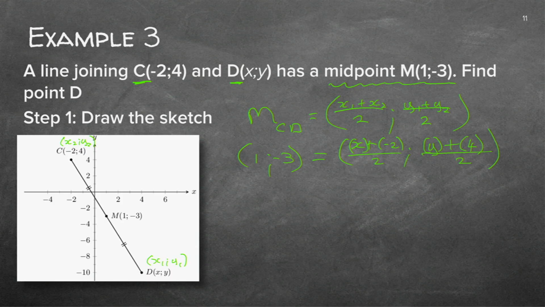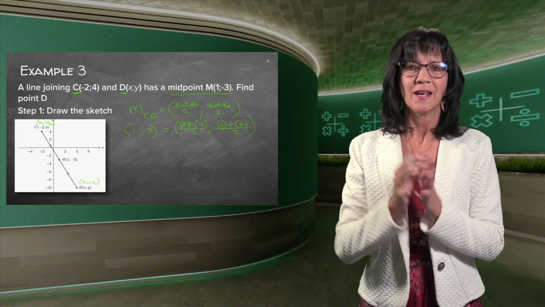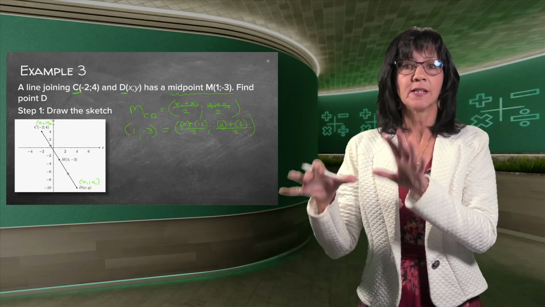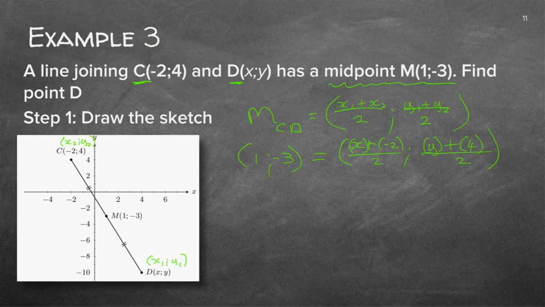Good. Now I've got one coordinate on this side of the equal sign, and I've got one coordinate on this side of the equal sign. Because it's an xy coordinate and it's an xy coordinate, you agree with me, the x's need to be the x's and the y's need to be equal to the y. So if I just rewrite this now, x minus 2 over 2, which is this x coordinate, should be exactly the same as that x coordinate. Now, I wrote it on the left-hand side because we like to say x is equal to. Doesn't matter which side you write it. And the same there, that y plus 4 over 2, that y coordinate needs to be the same as this y coordinate, which is equal to minus 3.